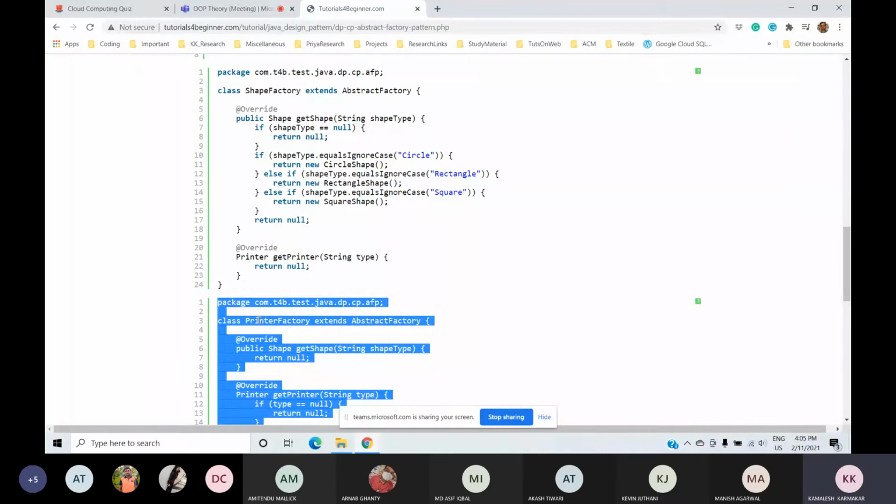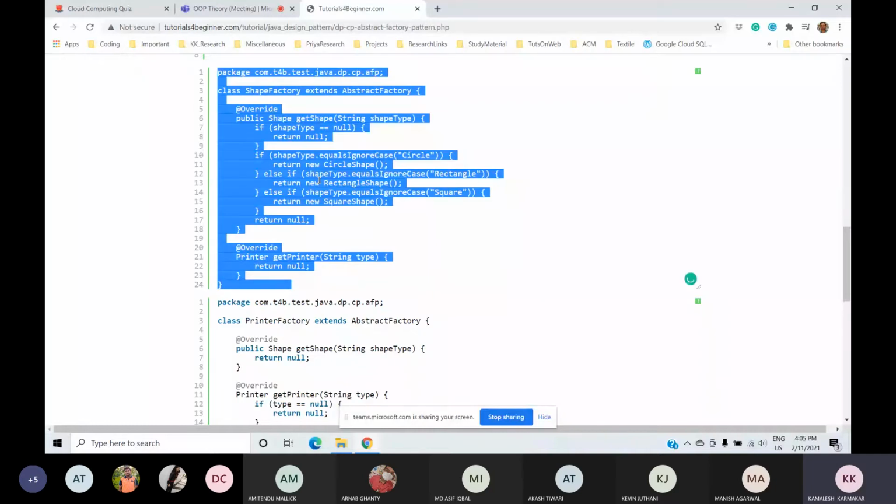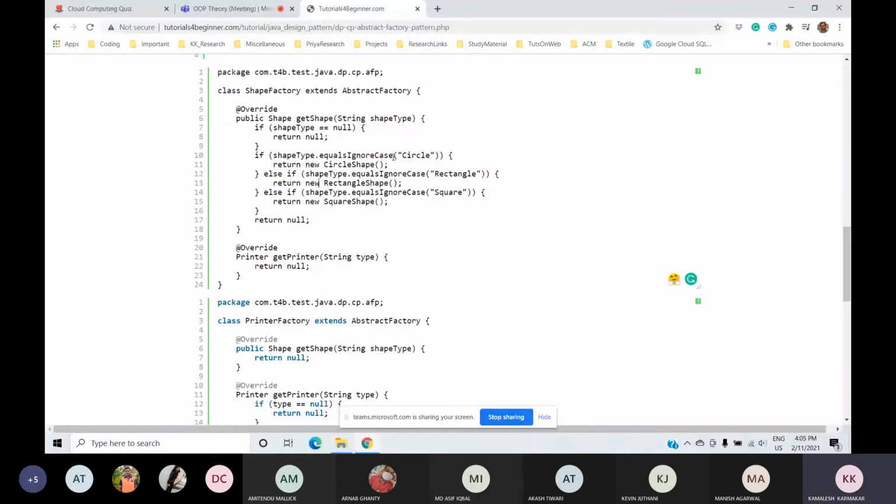Similarly, in case of shape factory, the type of the shape is to be sent as a parameter. Based on that, it will decide what type of shape or what kind of printer needs to be created. Okay. So if shape type is equal to circle, as in this example, and we pass that using shape factory, you have